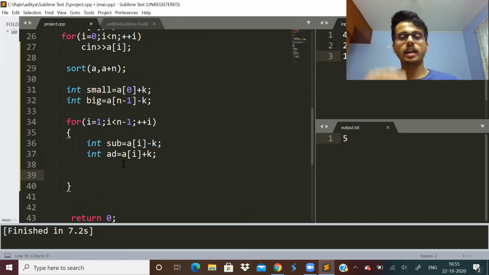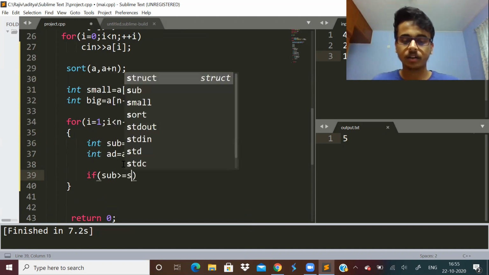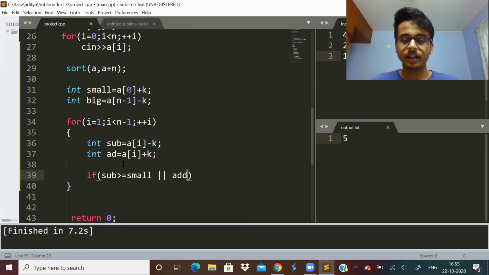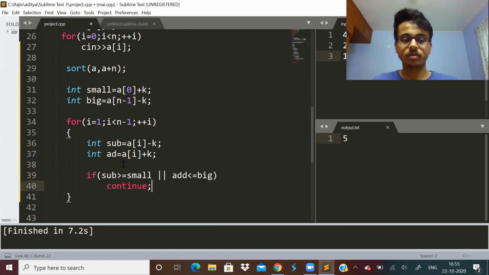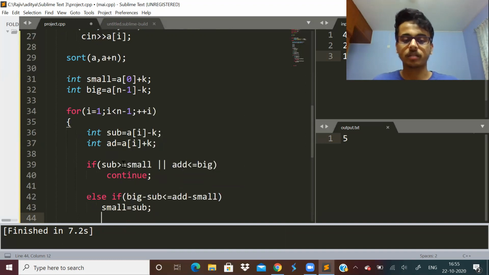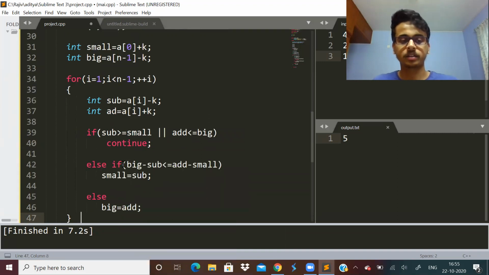These two variables are for whether I have to add k or subtract k for the given value, or I should not do anything. So if sub is greater than or equal to small, or add is less than or equal to big, then we will do nothing. Else, if big minus sub is less than or equal to add minus small, then small is equal to sub. Otherwise, big is equal to add.